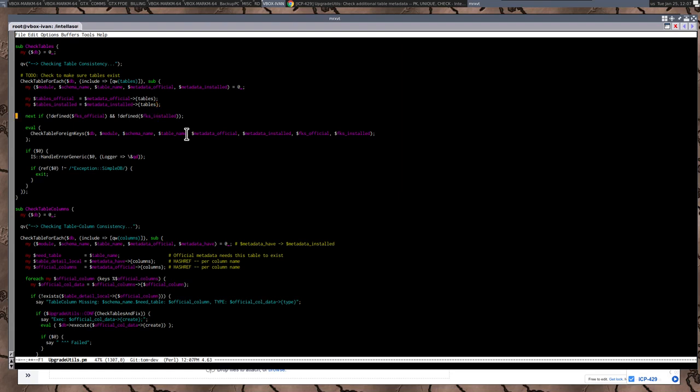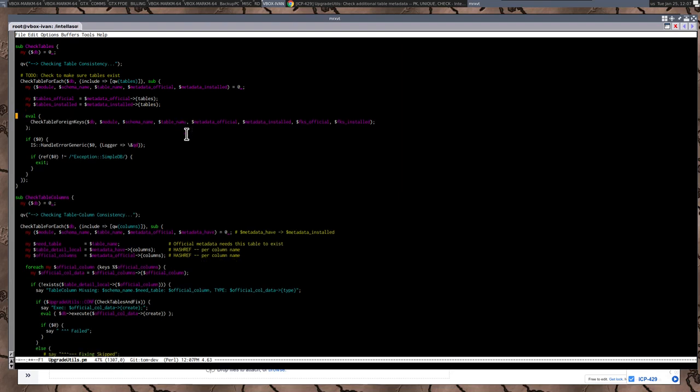We really don't need this check because, like I said earlier, I can't see a reason why both would be undefined, because we have to be here due to a table somewhere. We either have the table installed or the table is not installed and we have it officially. And we're going to do a check table. Just literally going to just do check table. And then tables